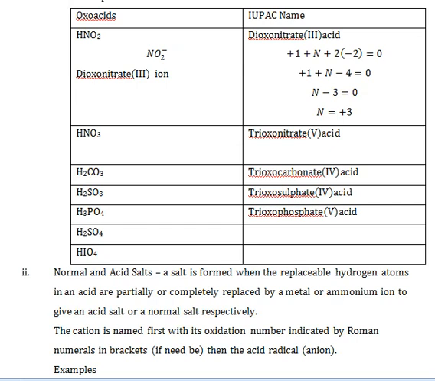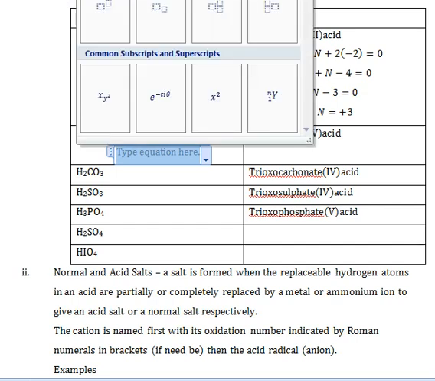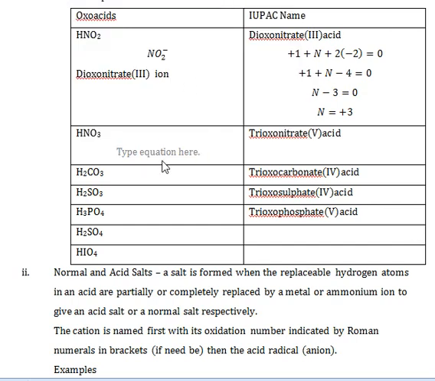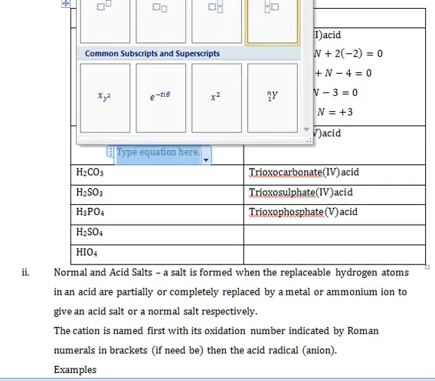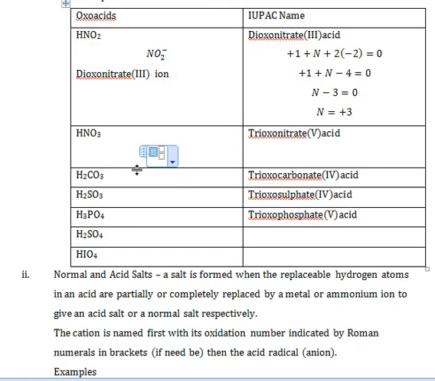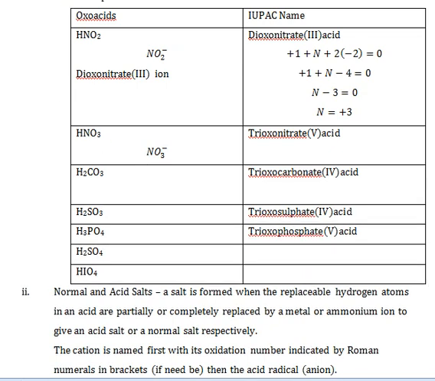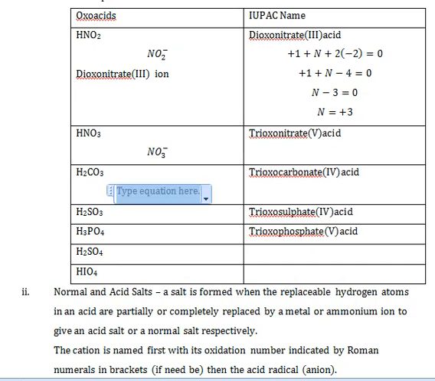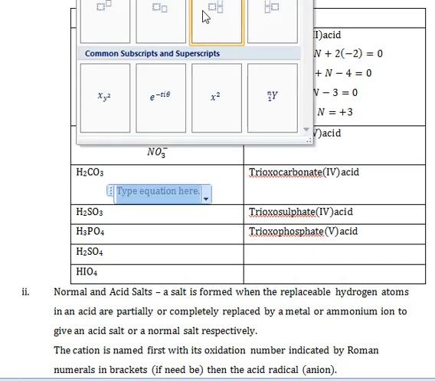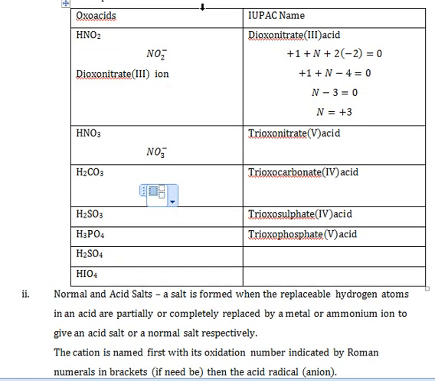So in a case like this, when you have HNO3, the radical for this is going to be NO3 minus. Try finding out the name. In the case of this one, you'll be having CO3